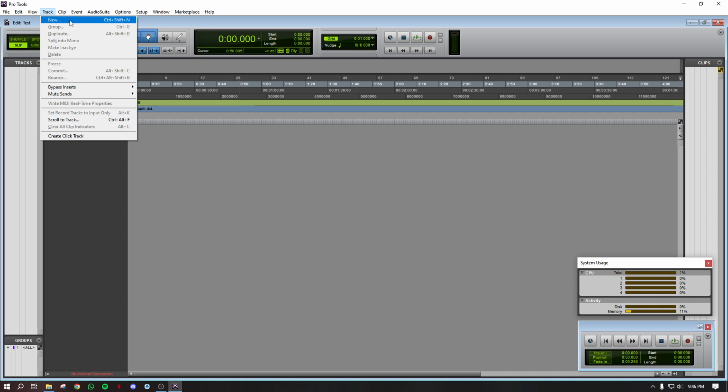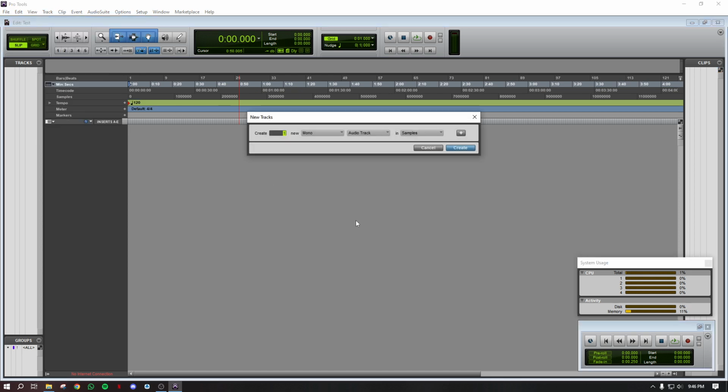For Windows, it's going to be Control Shift N, but for Mac, it's going to be a little different. Usually, it's Command Shift N. Let's just click this one, and then there's a new pop-up. It says new track,